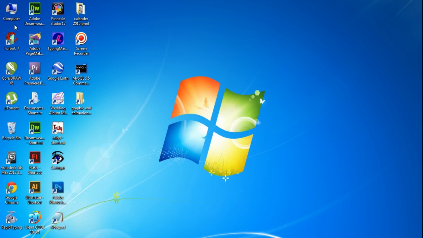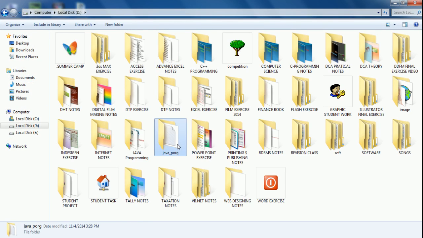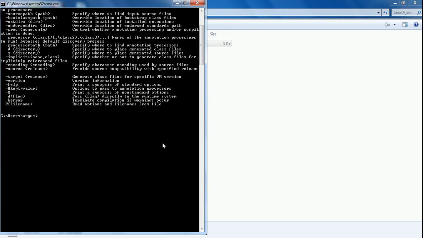Now we will check the D drive, Java prog folder, and we can see there is a Java file named abc. Since our Java compiler is already set up, we can compile our file in command mode. Let's go to the D drive Java prog folder.